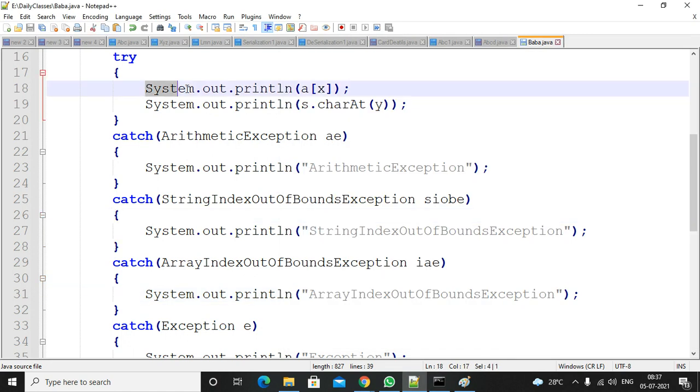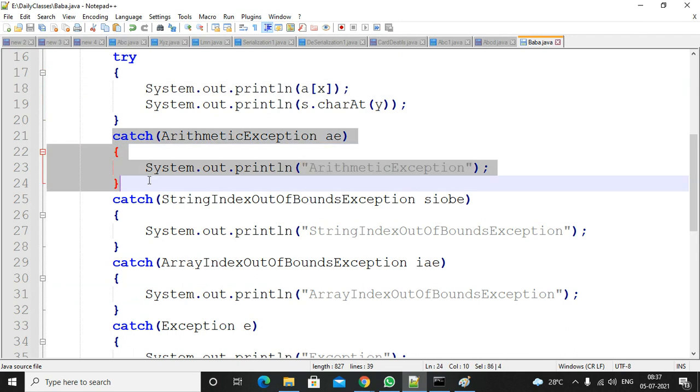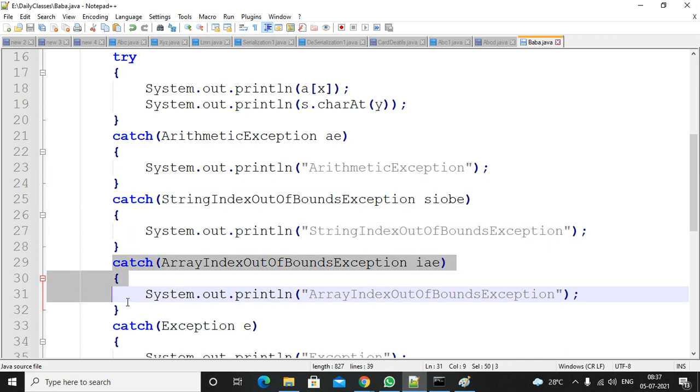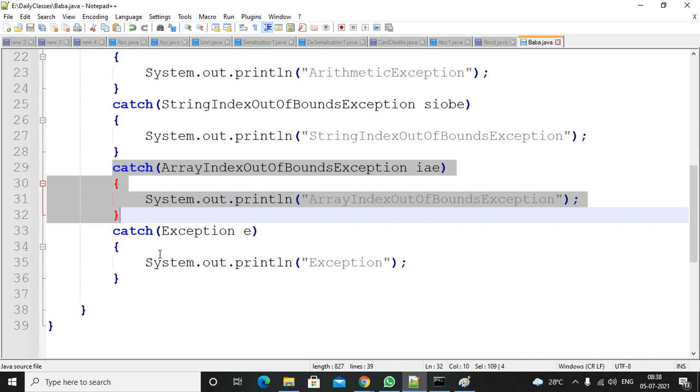So what will happen? First it is raising an exception here. It will collect the details and create an object, and forward that object to the first catch block. But the raised exception is array index out of bound exception, while here the exception name is arithmetic exception. Both are not matching, so it will forward it to the next catch block. Here also it is not matching, so it will forward to the next catch block. The next catch block is matched, so this one will be executed. Only the corresponding catch block is executed. If none is matched, then that will be abnormal termination.